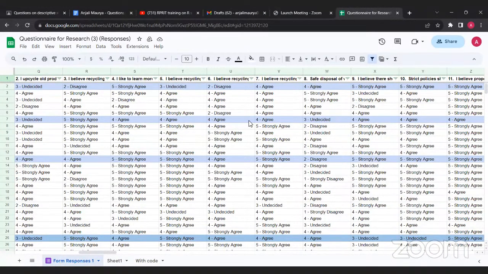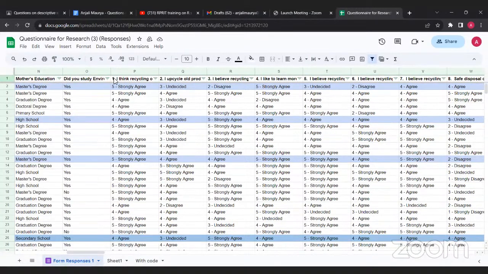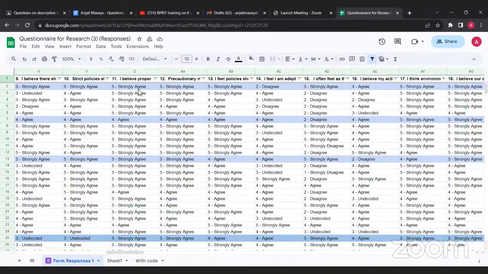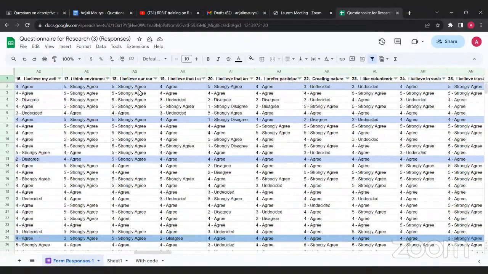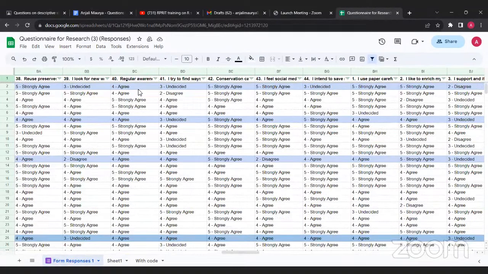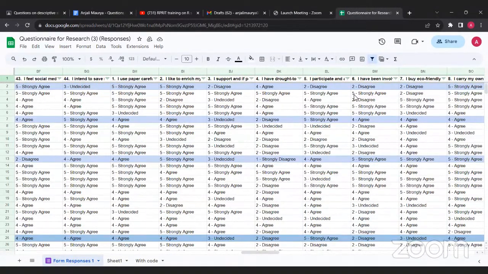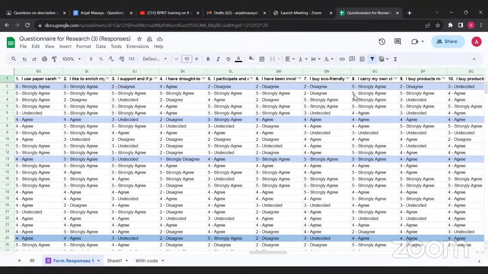So this is your data, na? Yes, sir. Strongly disagree, strongly agree. These were 1, 2. Achha, in your data, you have written the value as well as the text.